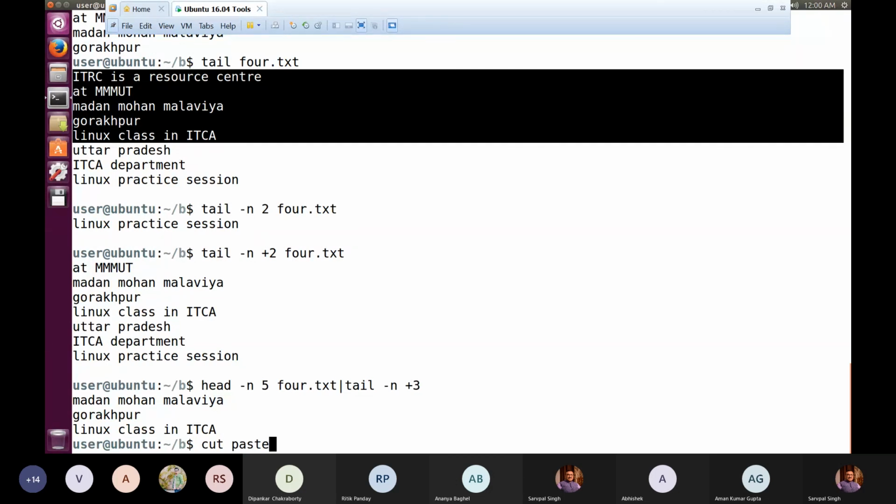And similarly, it is possible that you have two different files with this kind of column-wise arrangement, and in one file you have the head of departments written in the third column, and in the second file you have some cities, and somebody says that you have to cut these two columns from two different files and paste them vertically. If somebody asks you to do that operation, obviously we have to make use of paste. So for vertical cutting and vertical pasting, we have these two commands. For horizontal cutting and pasting, we use head and tail.